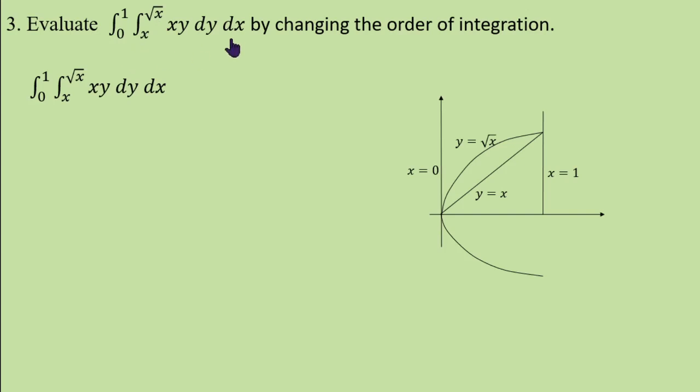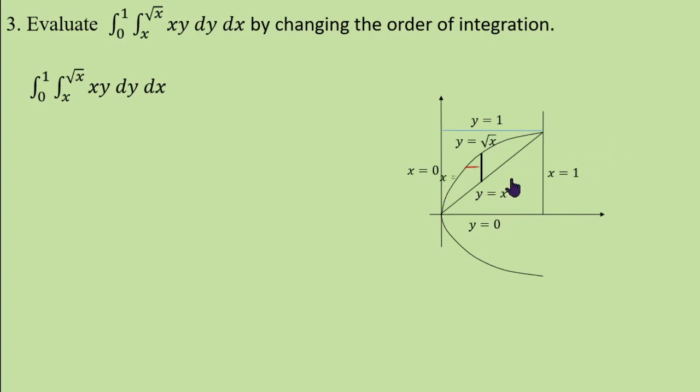So the given order is, for x between 0 and 1, take any x, y varies from x to root x. While changing the order of integration, the maximum y coordinate here is 1, because when x is 1, on this line y is also 1, the line x equal to y. Therefore this point is y equal to 1. From y equal to 0 to y equal to 1, for any y between 0 and 1, x varies from left to right. Root x is y means x is y square, and the upper limit of x is y.